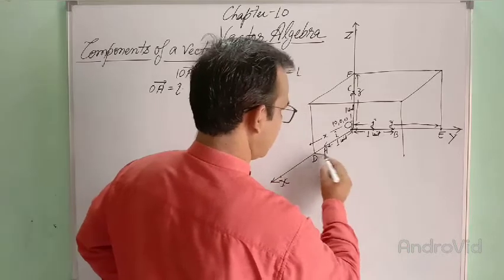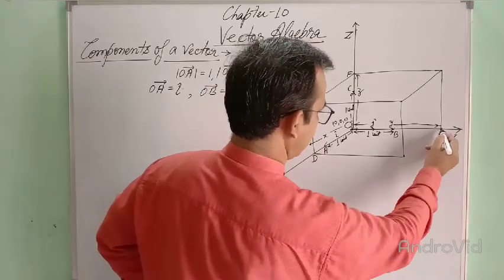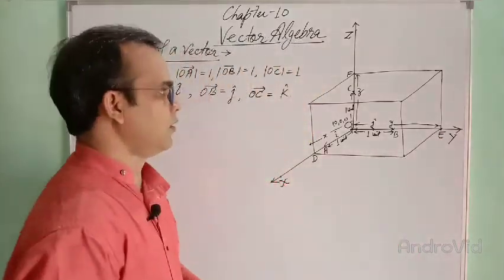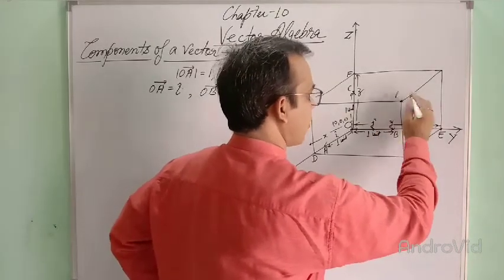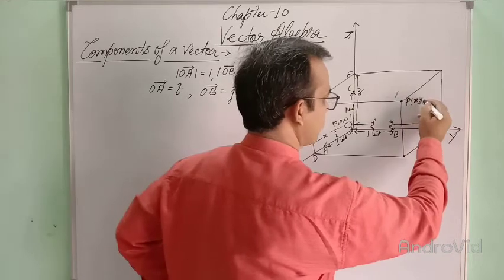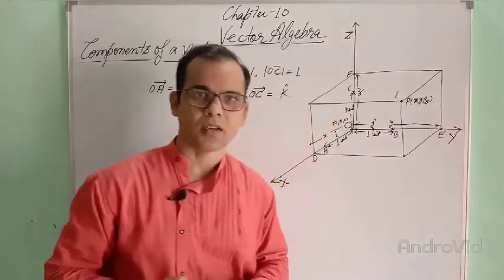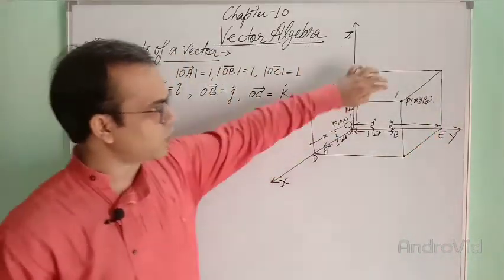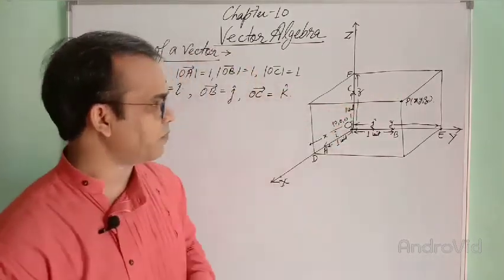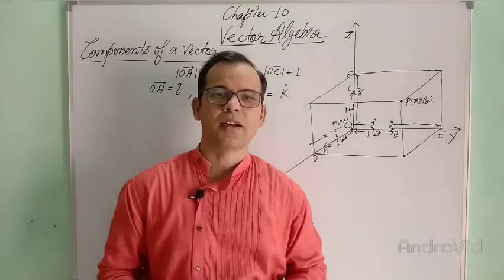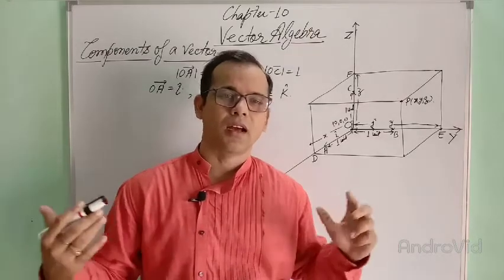Okay, so this is the point P that is in the space that we have considered already. It is the point P, x, y, z. Although we could take the point P, x, y, z first, and then we could complete the figure, I want to explain it in another way.